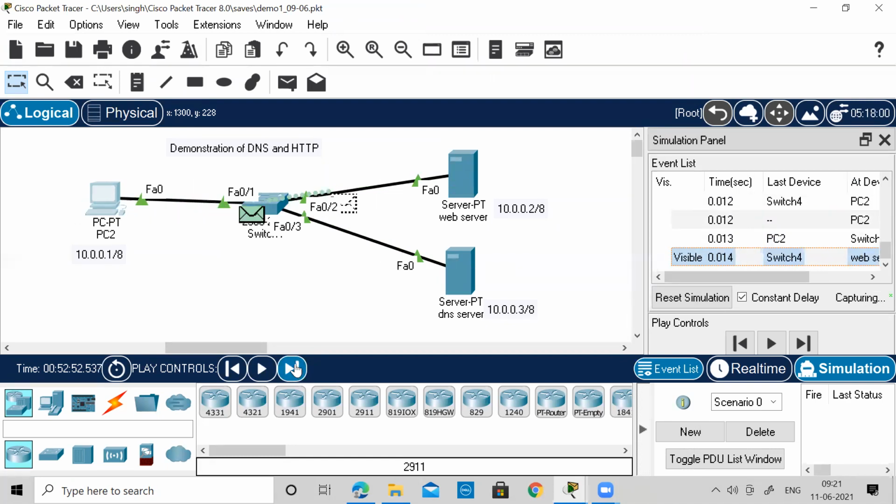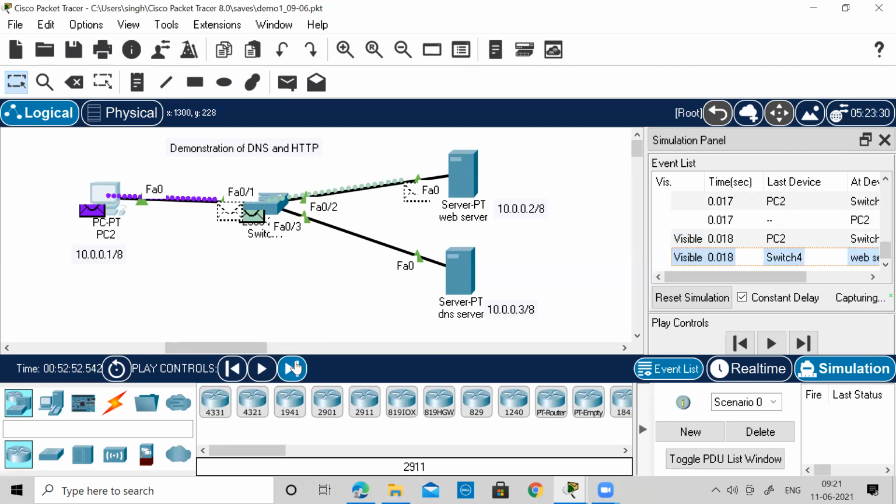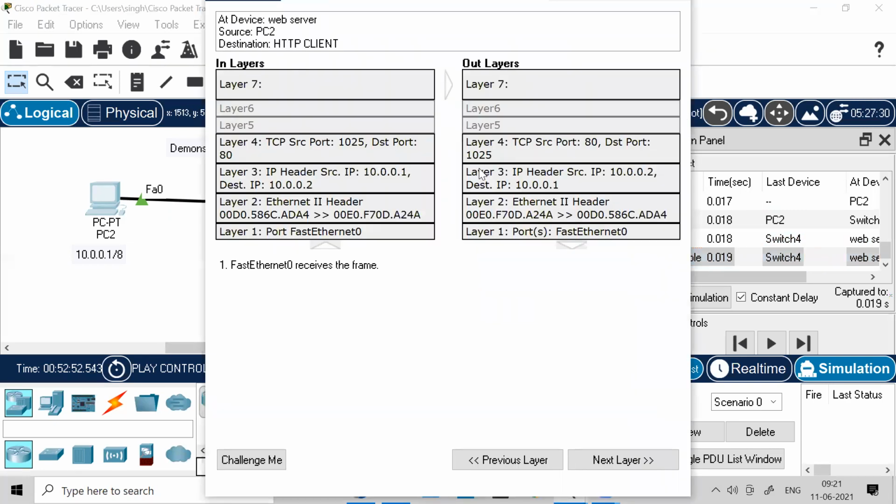In between what you're seeing, the green color packets, the ARP packets, we're going to discuss that later. The first handshake has happened, the second handshake has happened, now the third handshake, and then behind that the packet is going. Now I'll just click on this HTTP blue kind of packet. I'll just show you that. So you see this, that the port number is 80 and the destination port number is 1025.